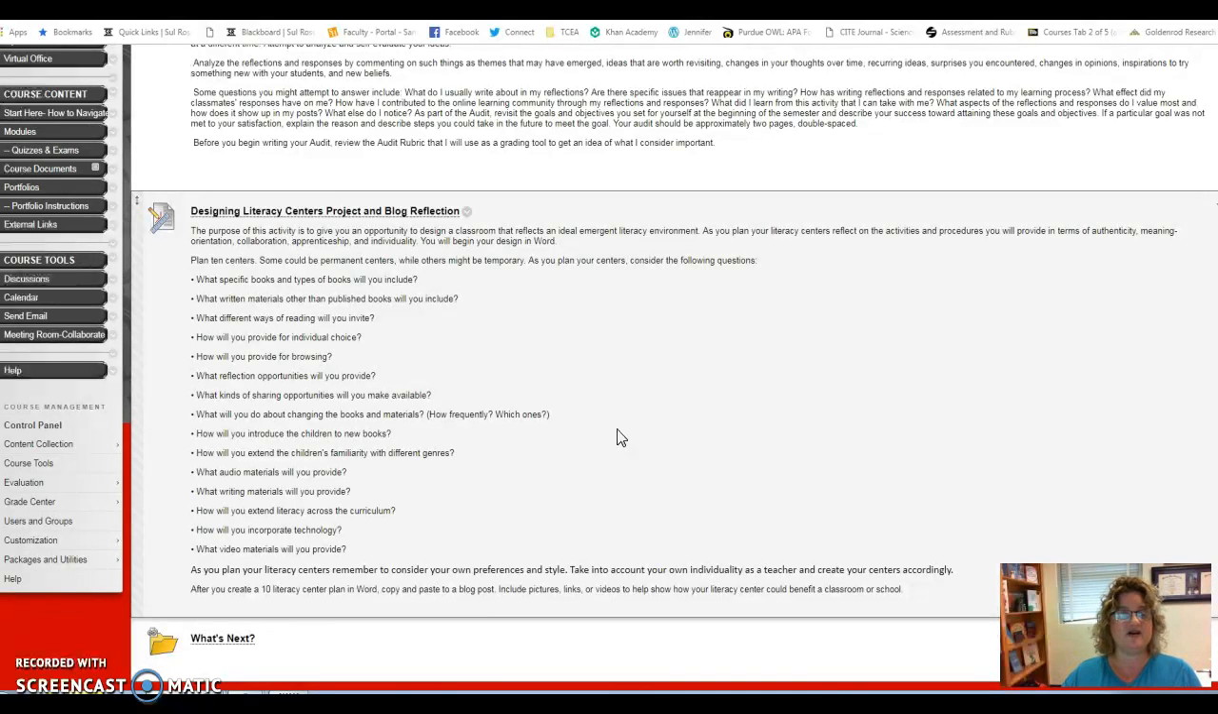The second piece you're going to do is design a literacy center project and a blog reflection on this so that you can post your idea and share it with the world. The purpose of this activity is to give you an opportunity to design your classroom and reflect the emergent literacy environment. As you plan your literacy center, you're going to reflect on the activities and procedures you will provide to other teachers and other stakeholders